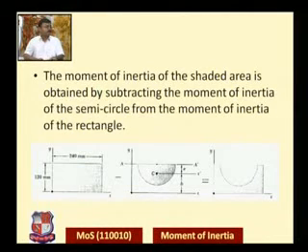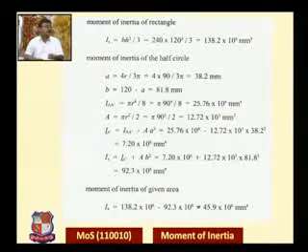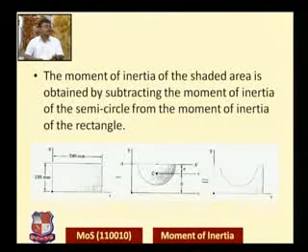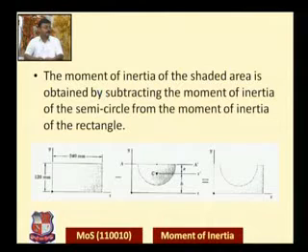Now first of all, find the MI of the rectangular section on its base. We know the standard value of this, which is BD cube by 3. So B is 240 mm and the depth of the rectangular section is 120 mm. So we obtain that value accordingly. And for the semicircular section here, as you can see, we know the values of the moment of inertia at